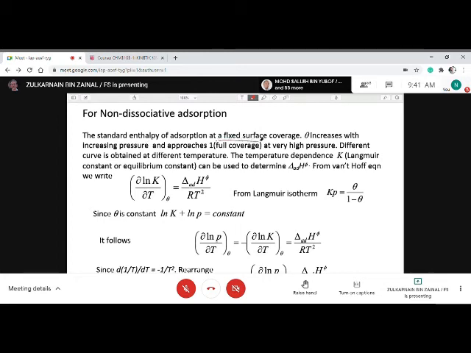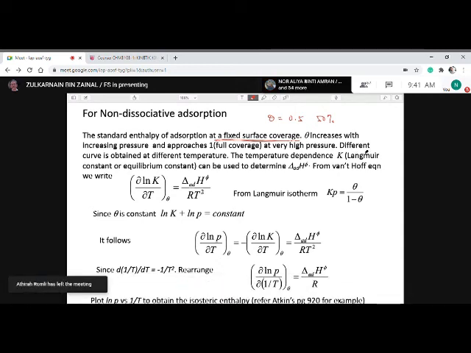For example, you know a certain surface coverage. You want to know the value of delta H at a certain surface coverage. Say you want to know it at 0.5, or 50% coverage, or 40% coverage, for example. You set the coverage. Say you want to know at 50% coverage, meaning that you have fixed